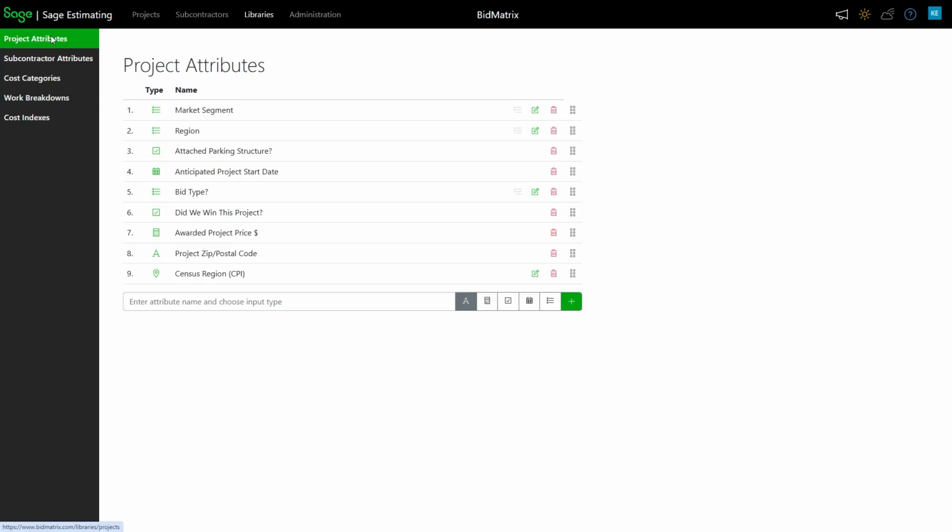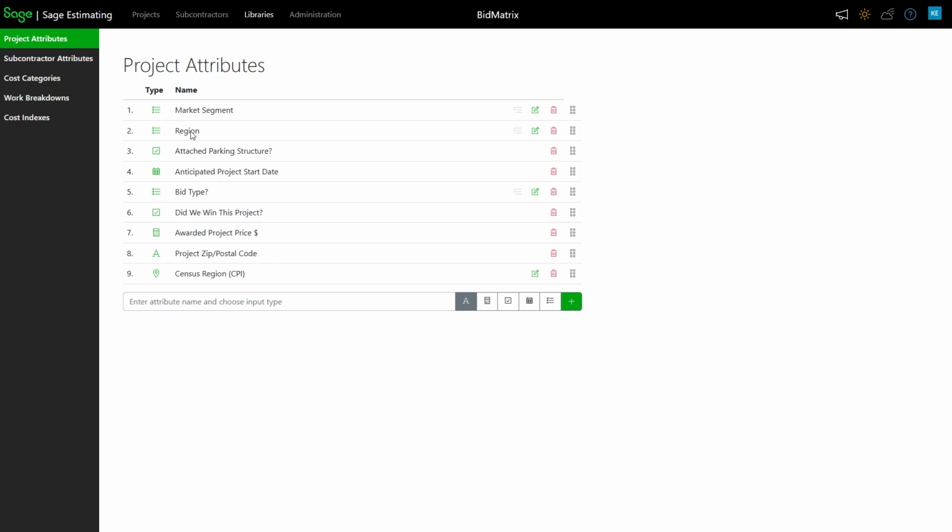So any of these project attributes are going to be critical, if there are things that you can leverage to help figure out, instead of 1,000 different estimates, what are really the top 10 or 20 estimates that are very similar to this. So I could see this being all sorts of things like market segments, maybe the type of building, how many floors, how much square footage of building area and things like that. So just a lot of things that potentially we can use for leveraging which projects are similar in that fashion. These are just some of them that we've got set up right now.